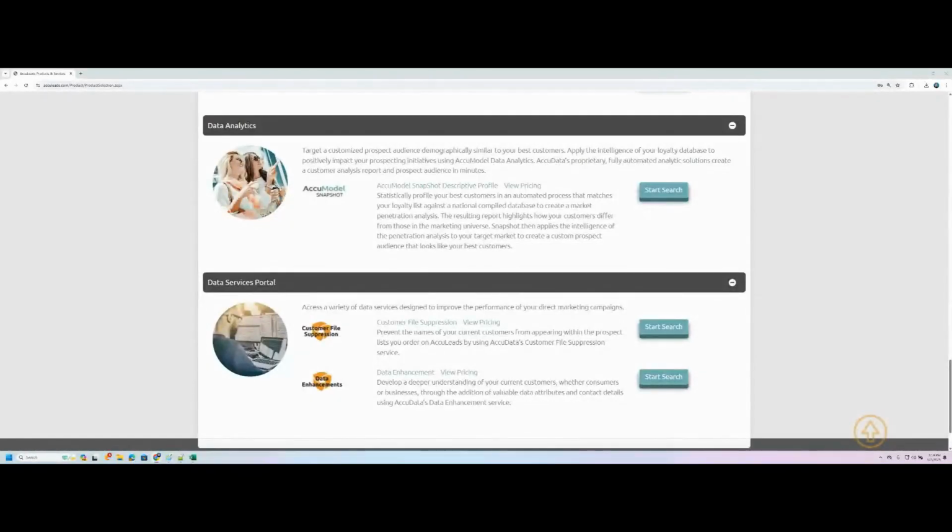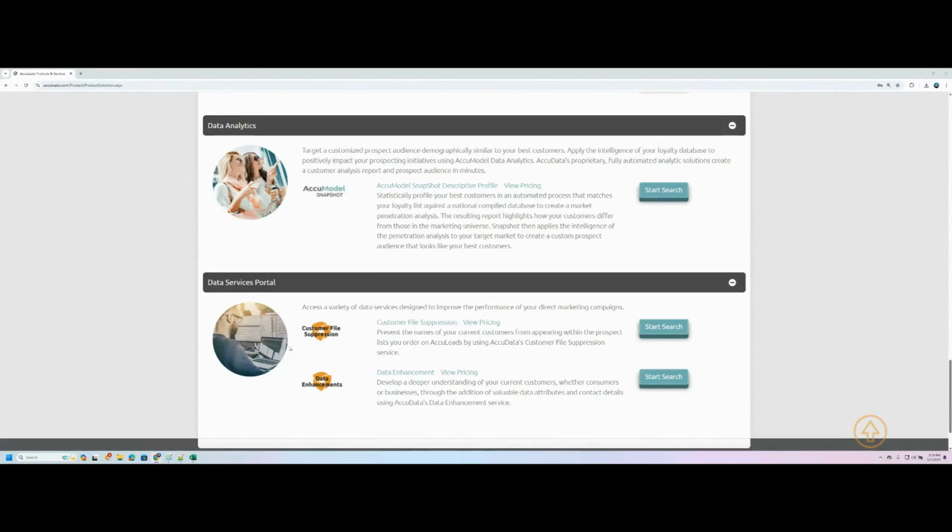Today I'm going to go over how to clean a file to upload for any of our data services: our snapshot, our suppression, and data appends. However, please note that this is not a direct reference for email appends. It's fine for data appends, just not email appends. There's a little bit of a different process for email appends, which I'll make sure to point out, but just